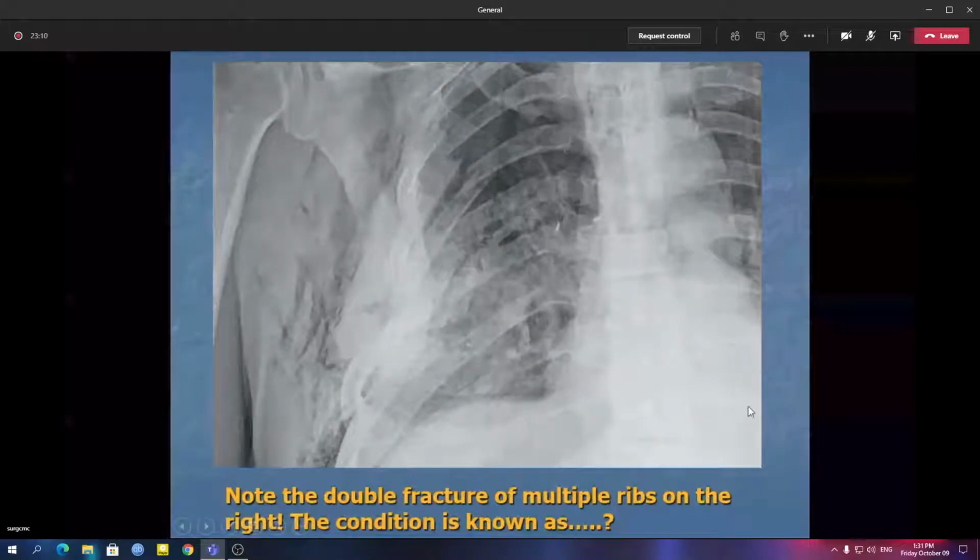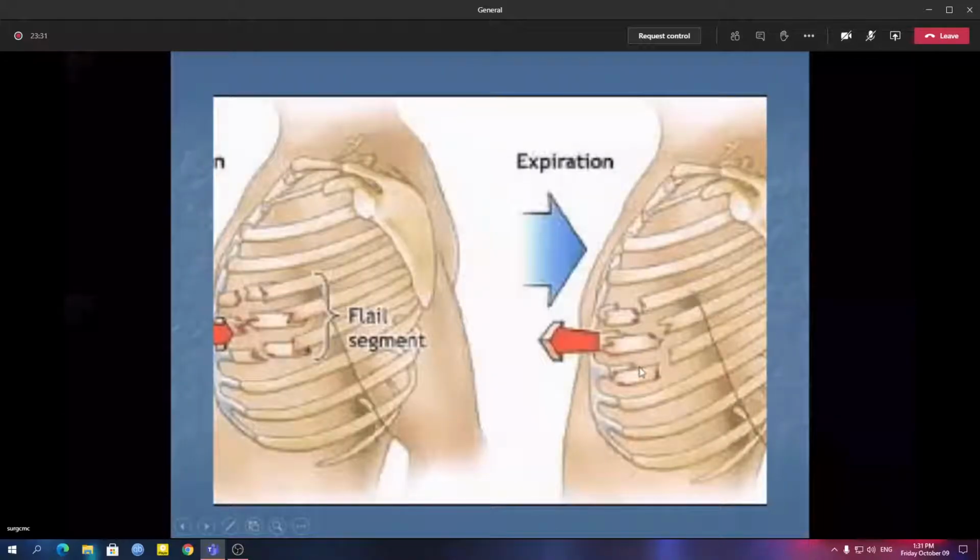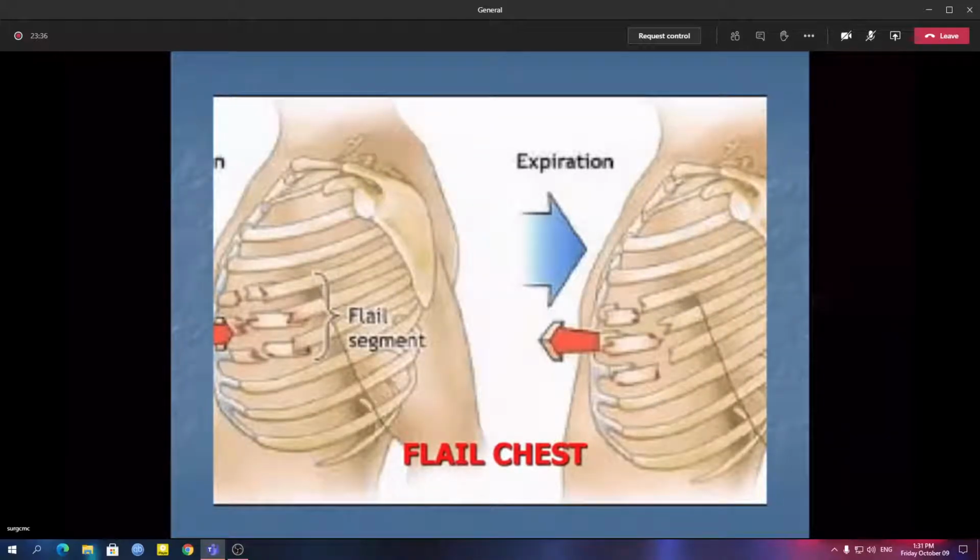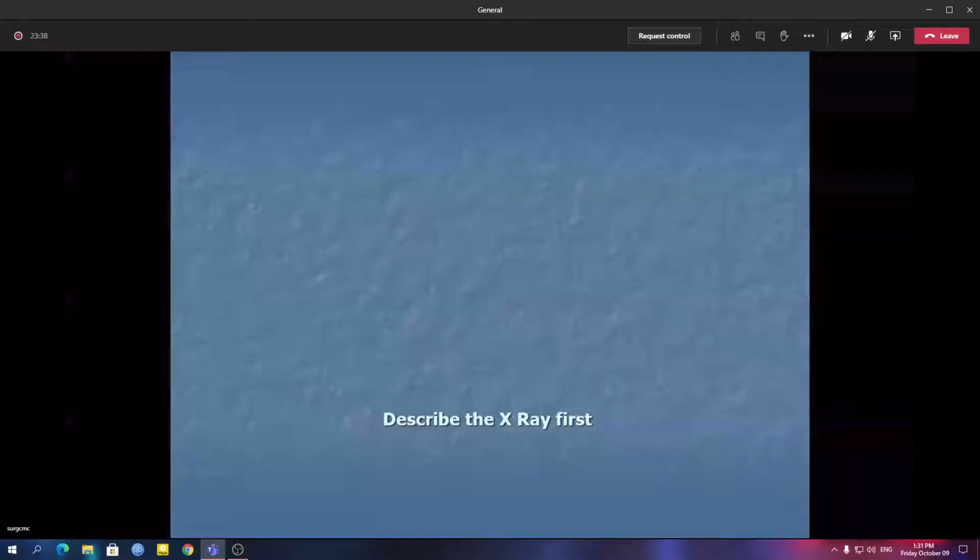Okay. So there are multiple rib fractures, and in a few ribs you can see multiple fractures in a single rib also, I mean, more than one. So that leads to a condition known as flail chest. As I believe you know the pathology of flail chest, we are not going into the details. So this is a broken fragment attached only with pleura. With respiration you can see paradoxical respiratory movements, and in Stove-in chest.